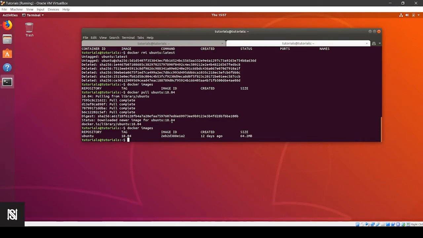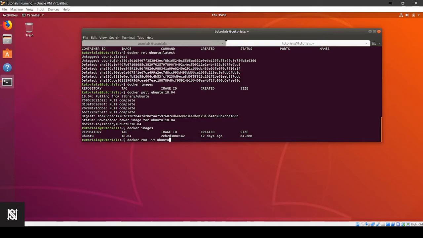To run containers, one more thing: a container lives as long as there's a process inside it. So if you just run a container, it will automatically shut down because there's no process to keep the container alive. So whenever we want to run containers, we want to run them with the interactive terminal, the -it flag. So if I do docker run -it and the name of the image, so let's say Ubuntu,